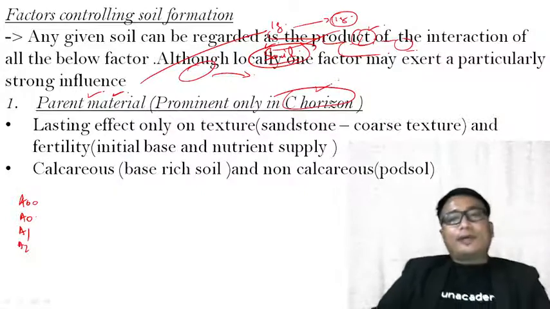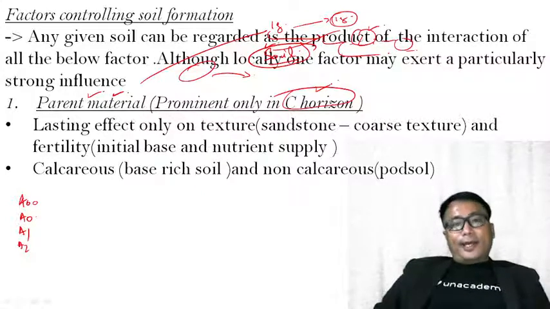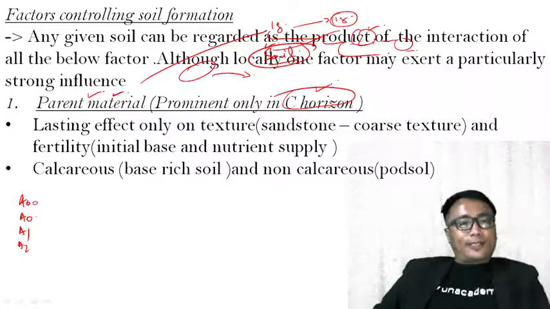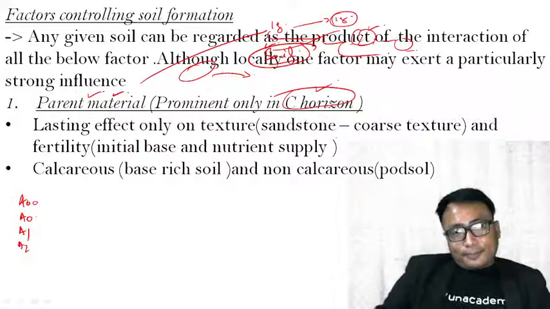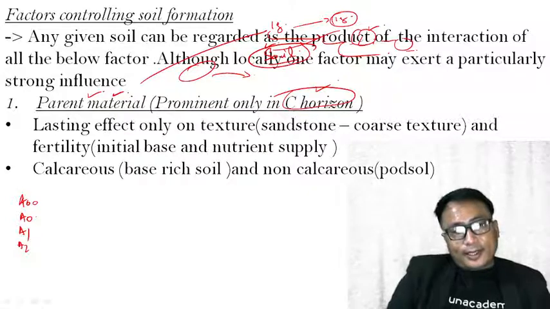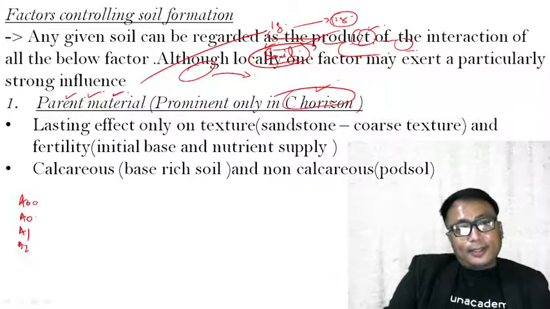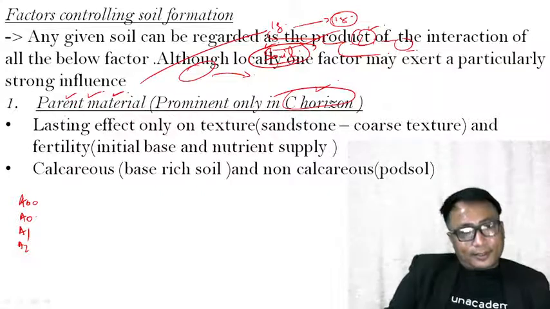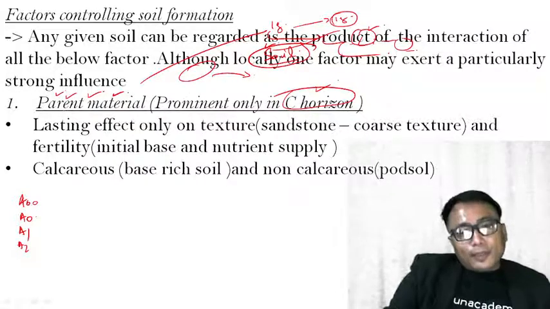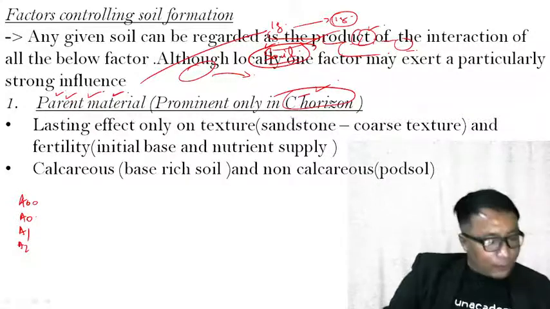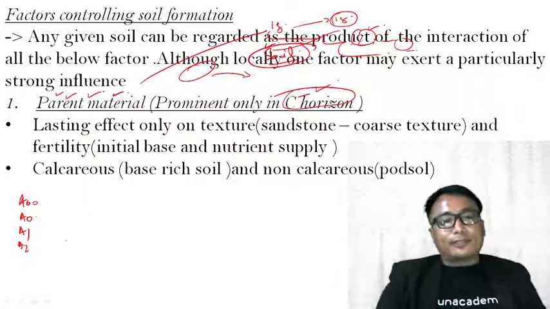Regarding this horizon which we have seen yesterday already, A00 is the top horizon, with the different layers which we have seen. Therefore, why are we saying that the parent material influences the soil formation? After all, it is the parent material which is responsible for the formation of the soil after weathering of this parent rock. But it is prominent only in the C horizon. Why is it so? Let me give you a very short explanation.